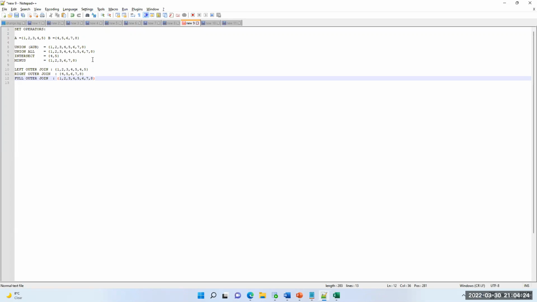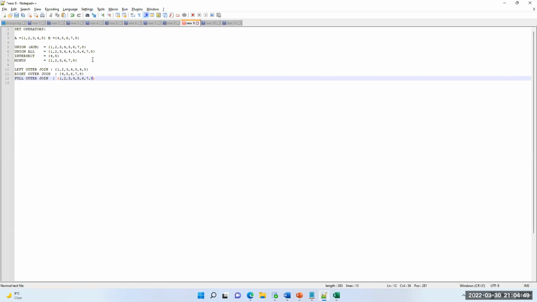I got that point, but in the left outer join it says 1, 2, 3, 4, 5 and 4, 5. And in the right outer join, 4, 5 will not return 2 times actually here. I am just saying that for understanding purposes only. Matching records from the left table, full records from the right table, that's what I mentioned there.